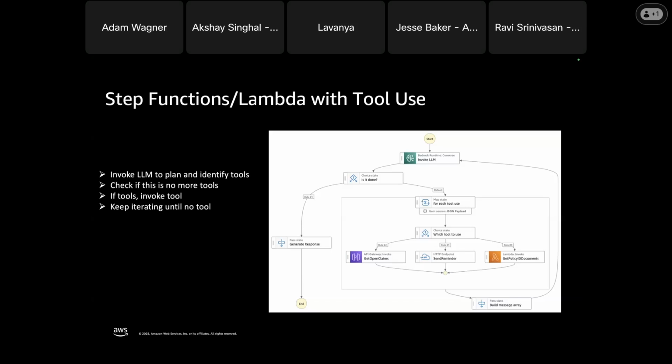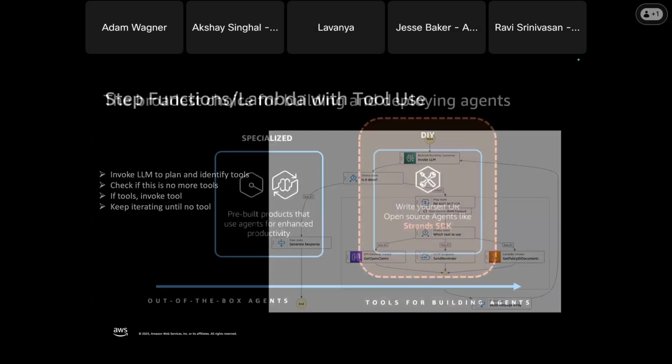And so this is really useful if you want this visual type of building. And it's also very useful if there's a bunch of deterministic steps that you want to put before or after the agentic part of your application. Step Functions really excels at those type of deterministic steps. And it's really nice from an operations perspective as well. You can visually watch a workflow execute, see if there's problems, restart a workflow kind of from a failed step if something goes wrong. So there's a lot of different pieces that you can do there.